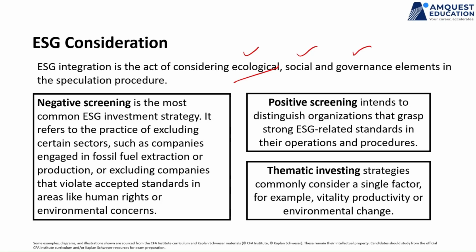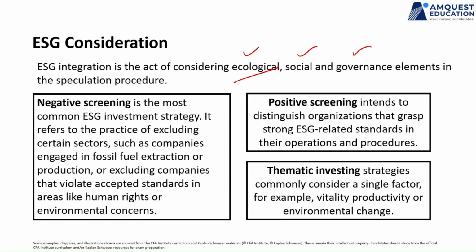But historically, let's say an IT company is the one which doesn't impact your environment a lot. It's society positive. It does give a lot of job opportunities to people, and governance wise, these companies are great. So you can say positive screening, IT companies are the first starting point for us. And maybe you can put educational businesses, again, positive for environment, society, and governance. You may find some good educational oriented businesses.